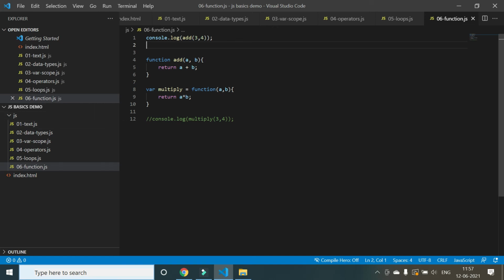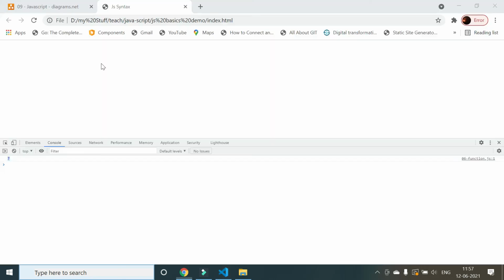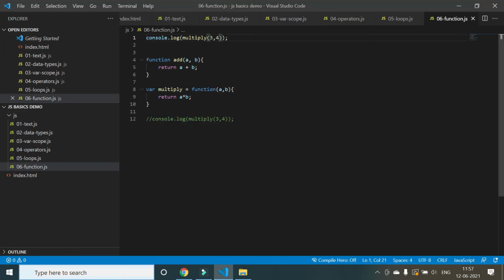But if you are calling multiply here before defining that particular function, see what happens. It throws an error. It says multiply is not a function. So this is the difference between declaring the function in this way and this way. If you want to declare a function like this, then you can call it only after defining it,